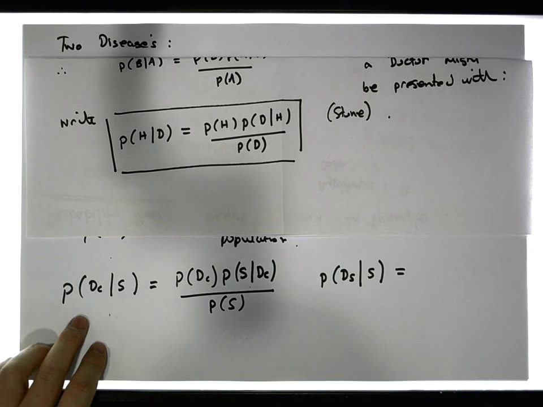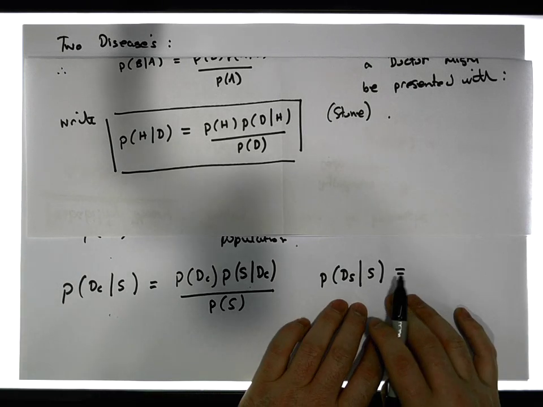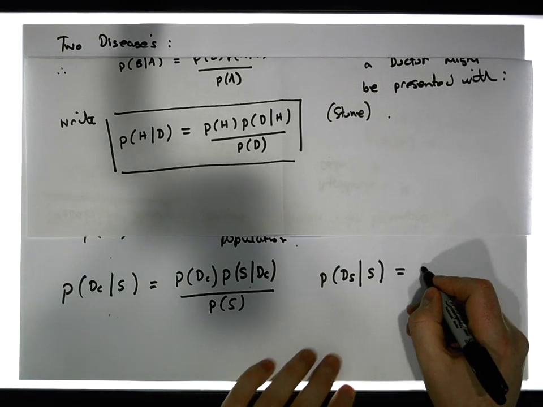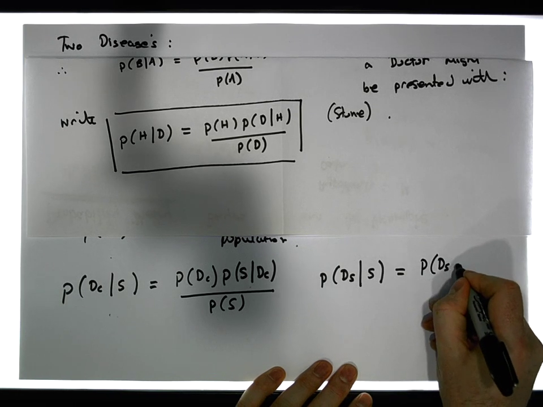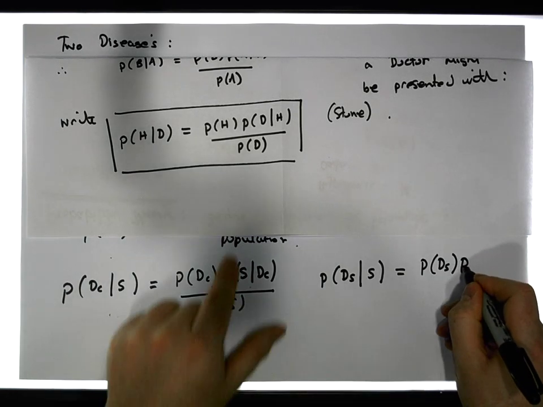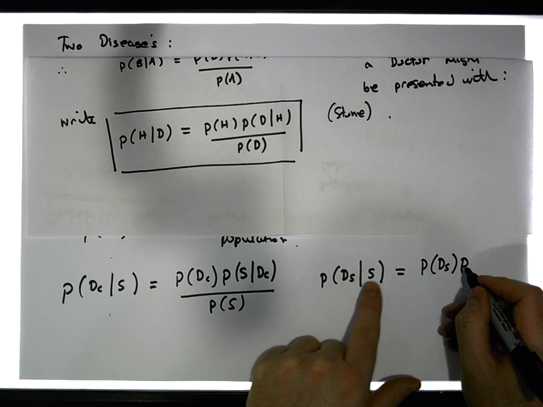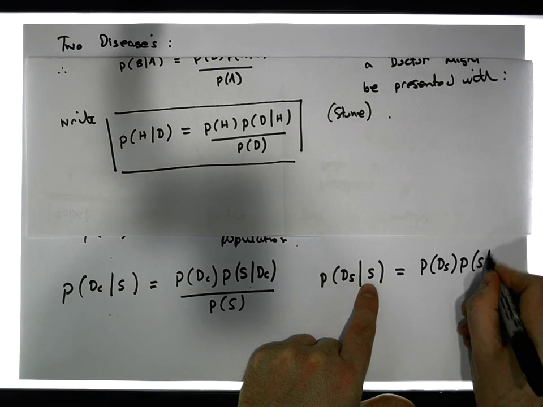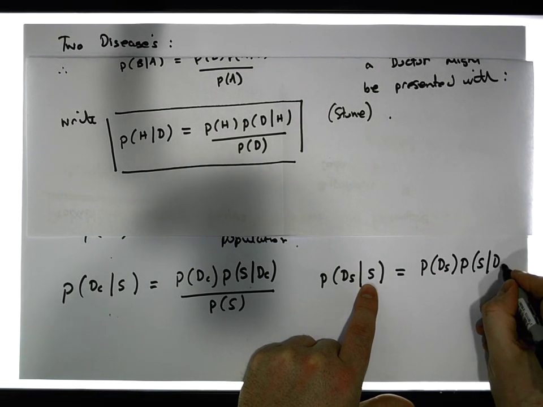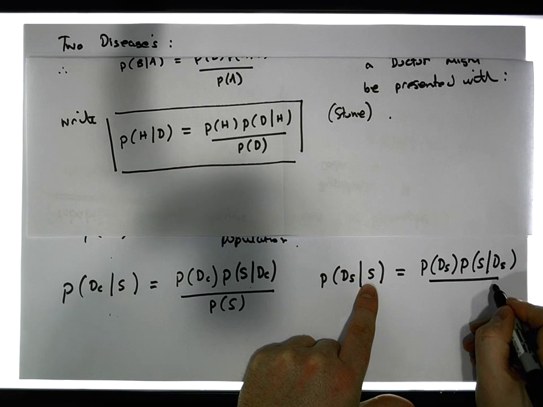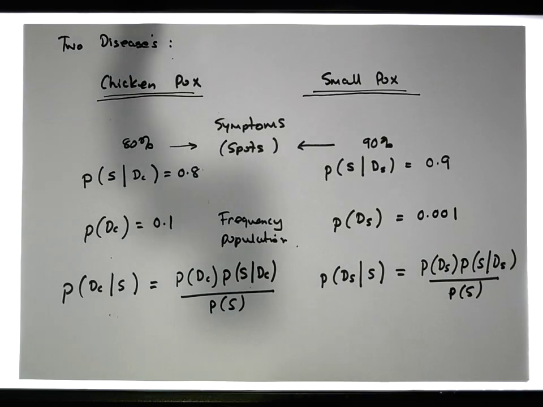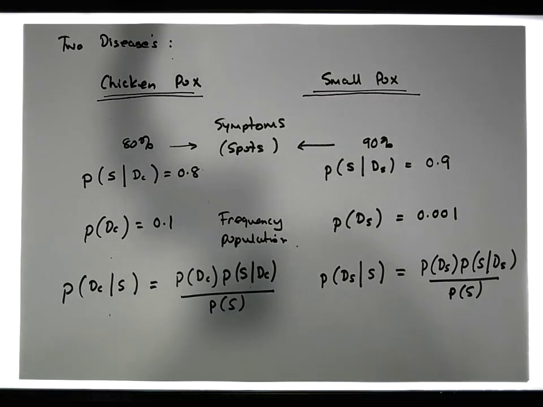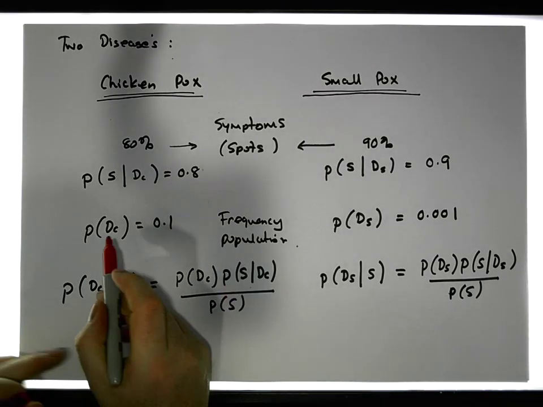And over here, we calculate the probability of you having the disease smallpox, times the probability that you have spots, knowing that you have smallpox, divided by the probability that you have spots. Now, there's one piece of missing information. You can see that we're given the prevalence of chickenpox